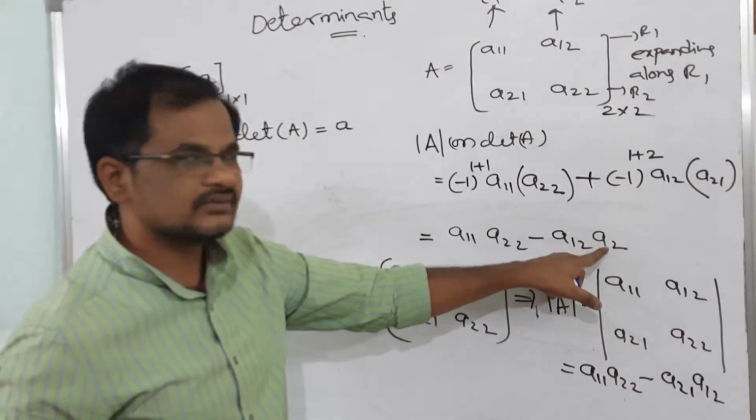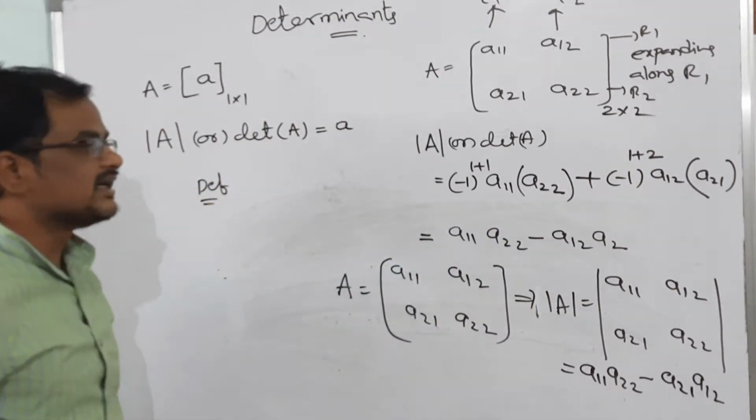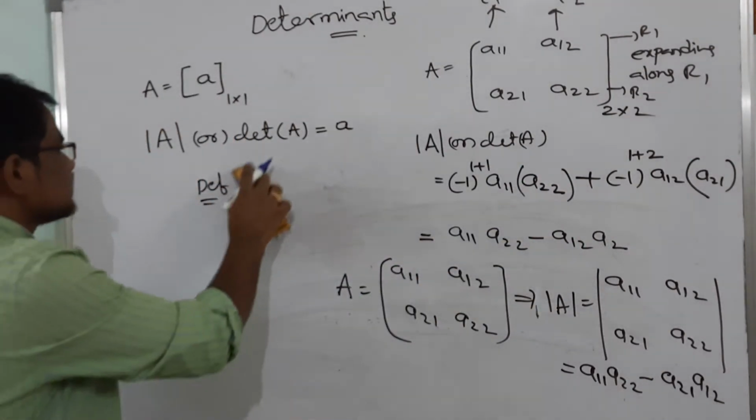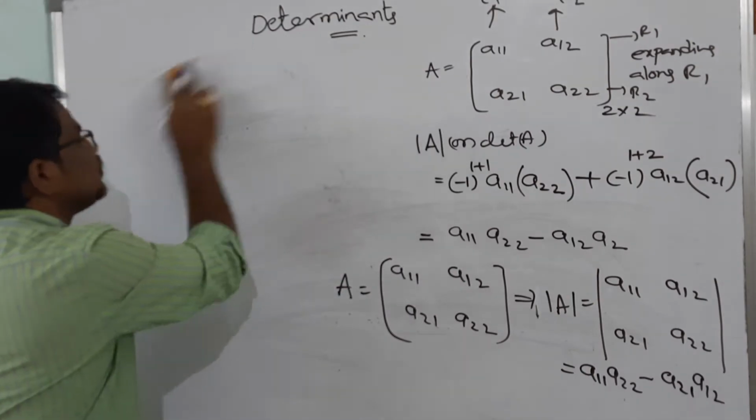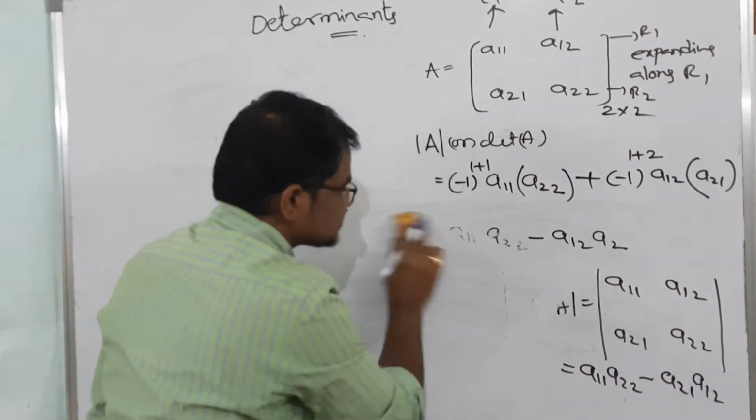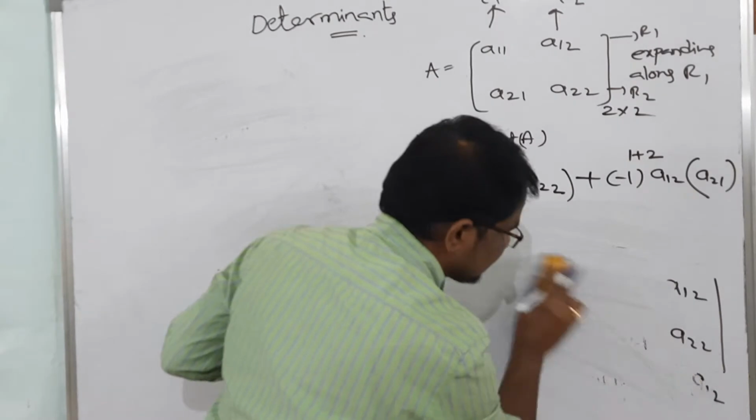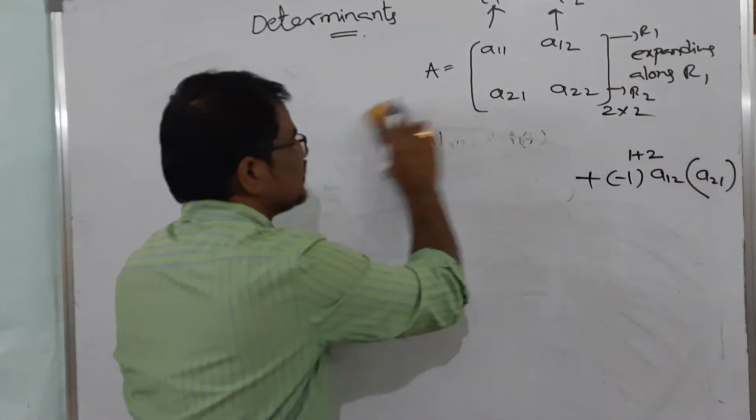That is what you will get. So this is the determinant of a square matrix of order 2. But for a square matrix of order 1, you get the element itself. Next,